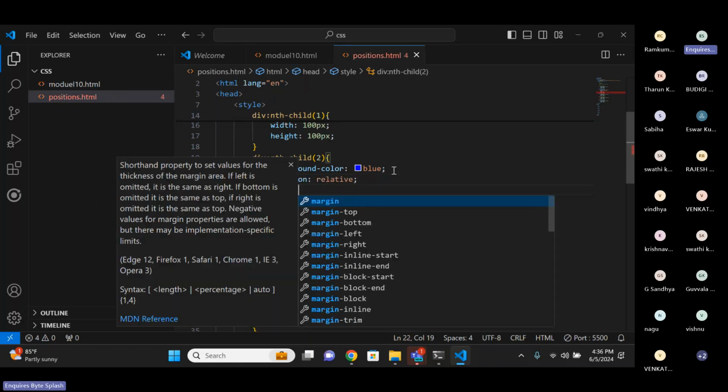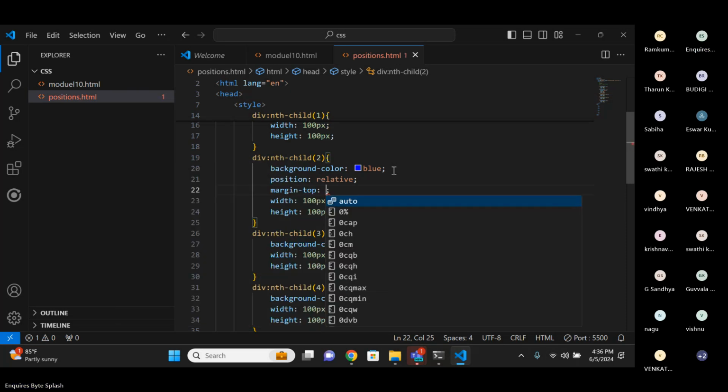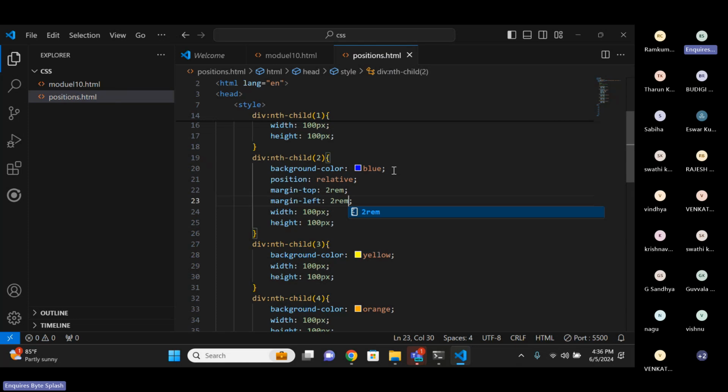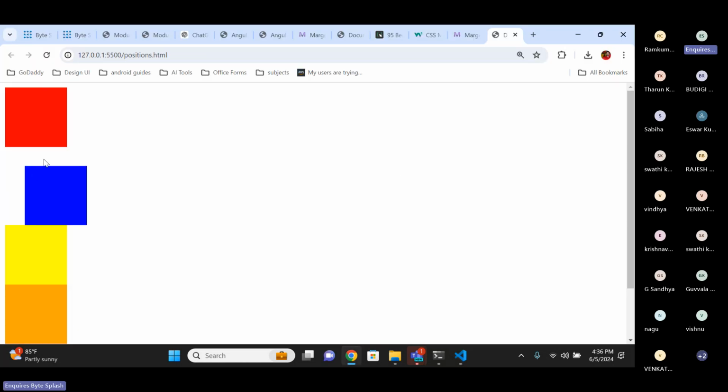And I will take margin top 2 rem and again margin left 2 rem. Now let's check what happened. You see here what has happened. From top it is 2 rem, again from left it is 2 rem. Position relative means the current HTML element will take the previous element reference and also the next element will follow